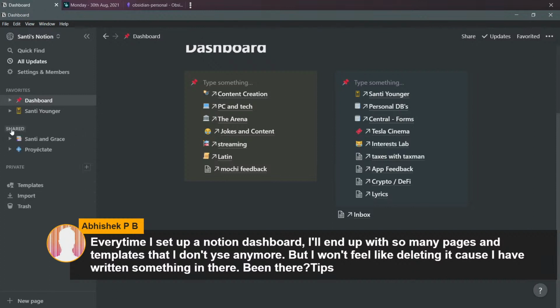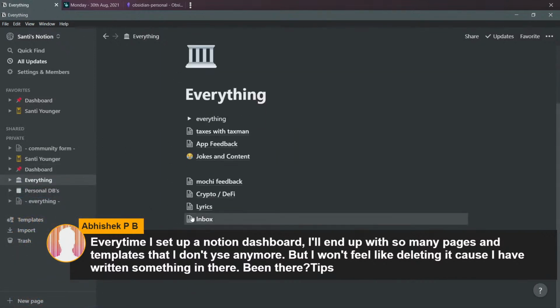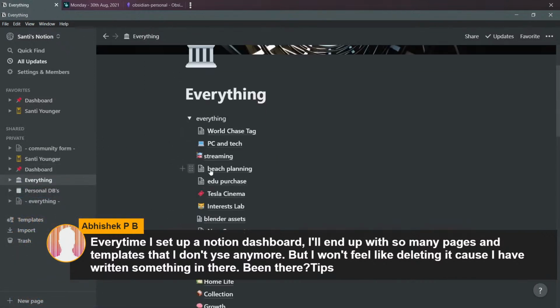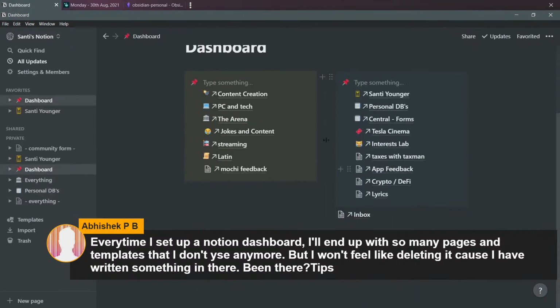here. It's not in Shared, it's in here. So I have one called Everything right here. And as you can see in Everything, I have a lot of different things, right? So what I end up doing in the dashboard, these are only the things that I'm currently using. For everything else that I'm not currently using, I literally just store it in Everything and keep it